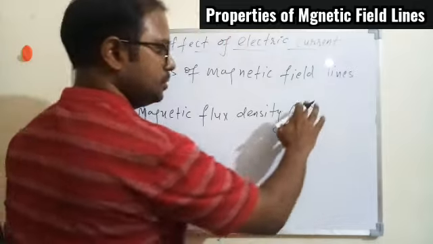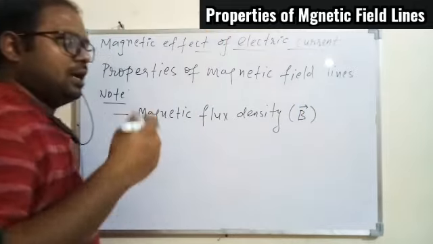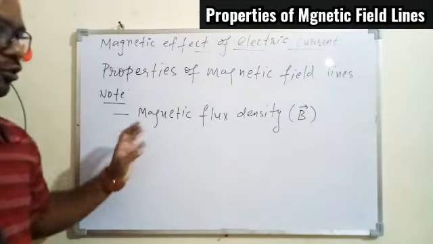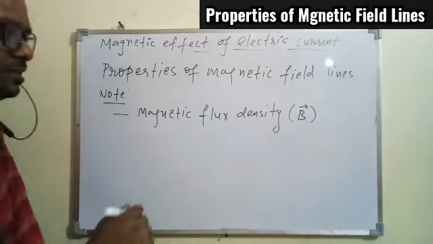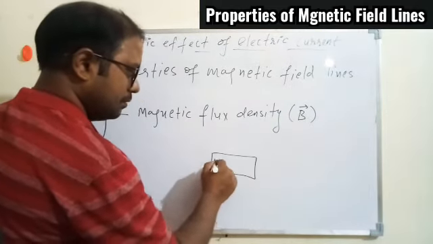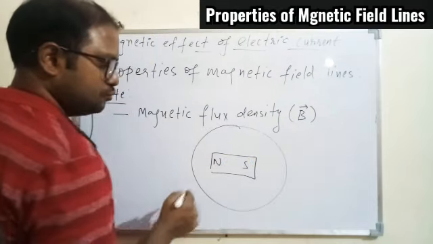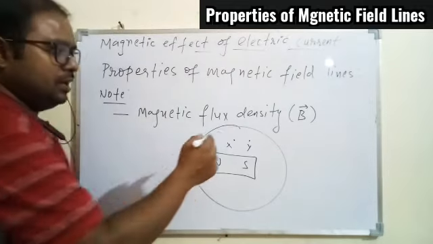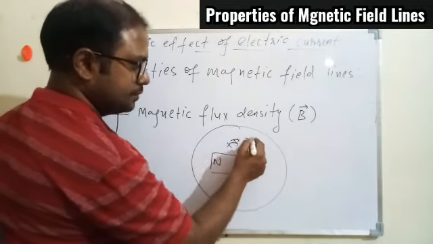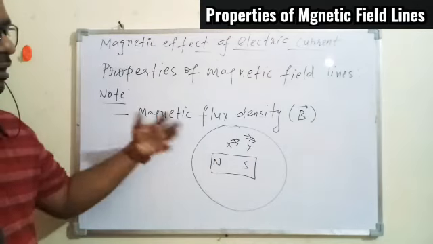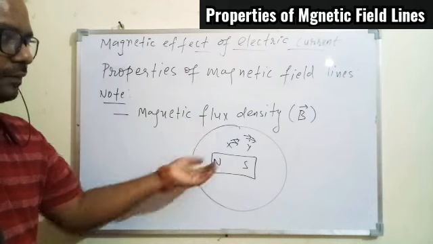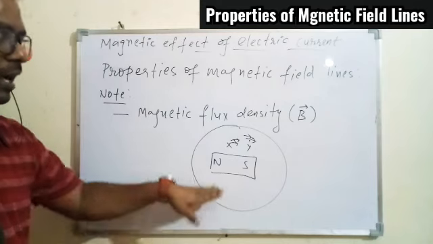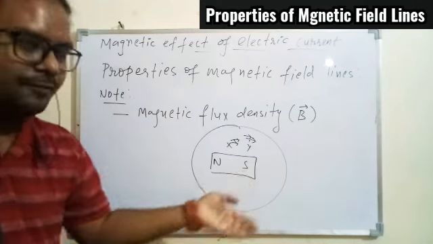So this is shown by the symbol capital B with an arrow mark. So you understood from here, if it has an arrow mark, it means it is a kind of vector. Magnetic flux density is nothing but, if you have a magnet, it will have a magnetic field. At every point x, y, a number of magnetic field lines will cross. So at any point there will be many lines of the magnetic field that cross, and how many magnetic field lines are crossing through a particular point in a given magnetic field is called magnetic flux density,